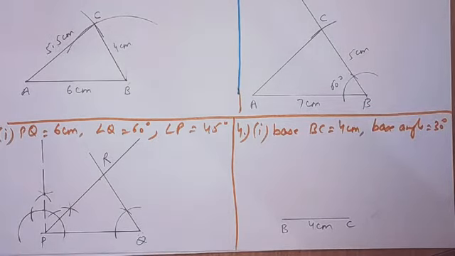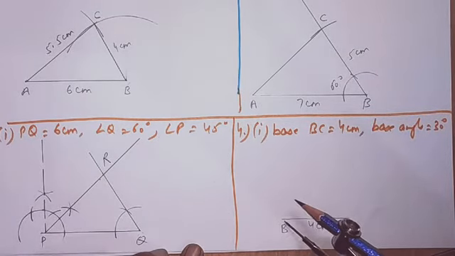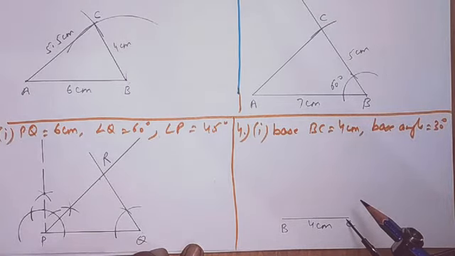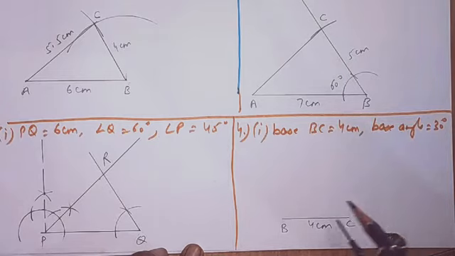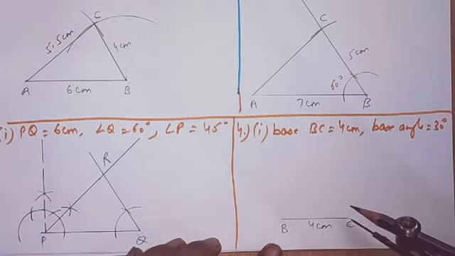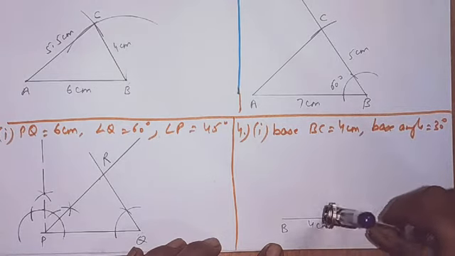Now I have to draw base angles 30 degrees. Beta, these B and C point, the angles which are made at these point will be my base angles, and we know that base angles are equal, so both angles will be of 30 degree. Okay, first I am drawing the angle at point C.